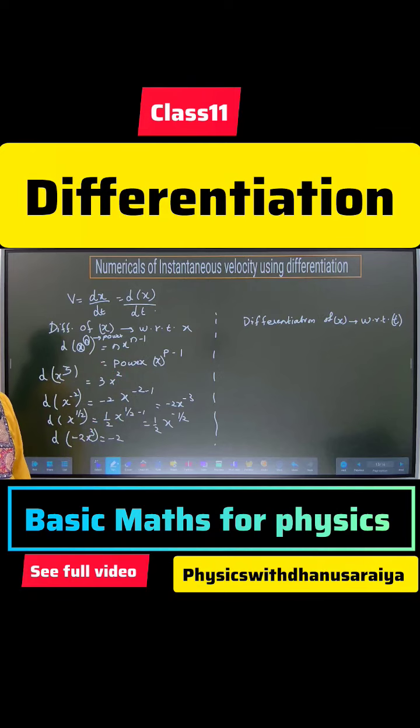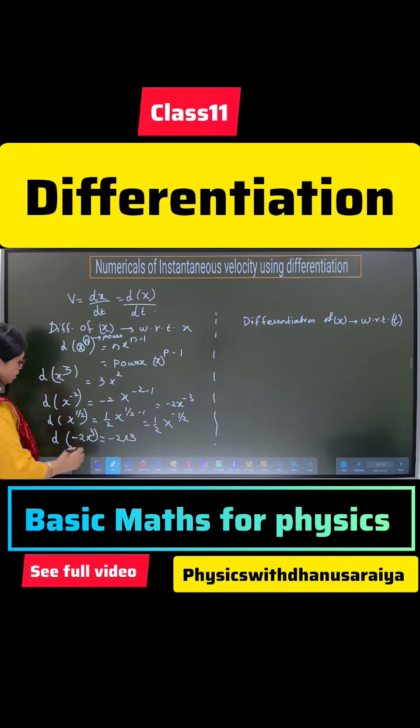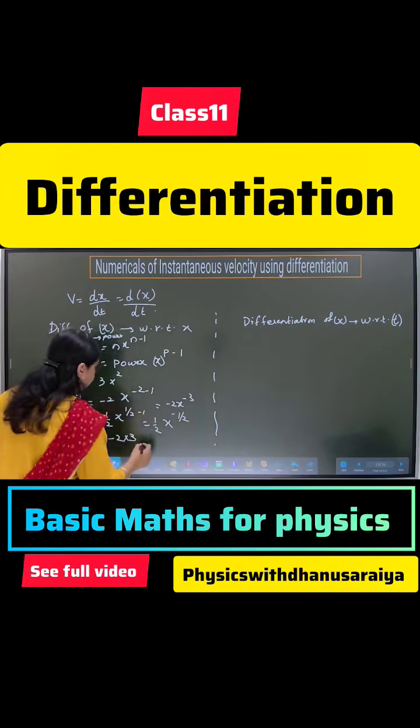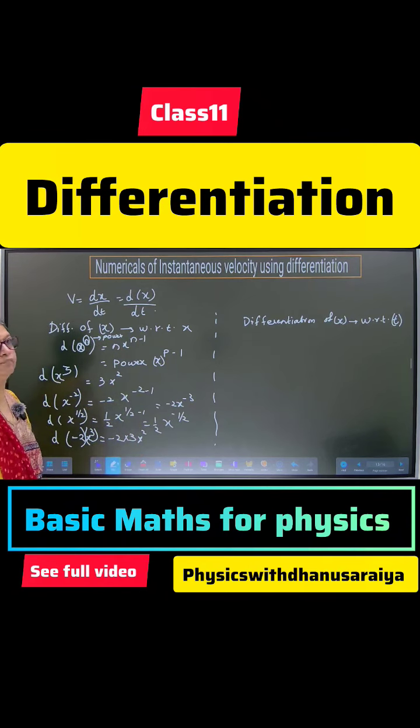Negative 2. Okay. Then power. What is the power? 3. This one is a separate one, and this one is a separate one. Think like that. Negative 2, x raised to 3. Now for x raised to 3 you know. Write the power. Then x raised to power minus 1, 2. This is your answer. Simple.